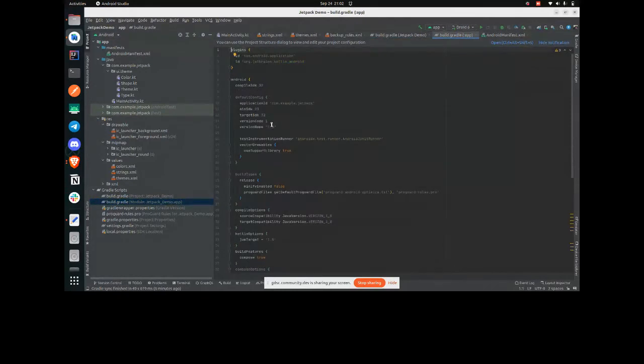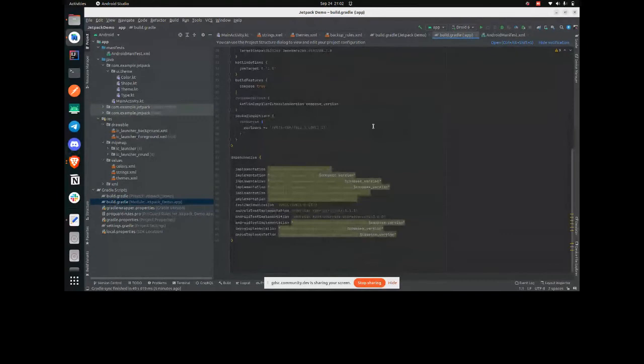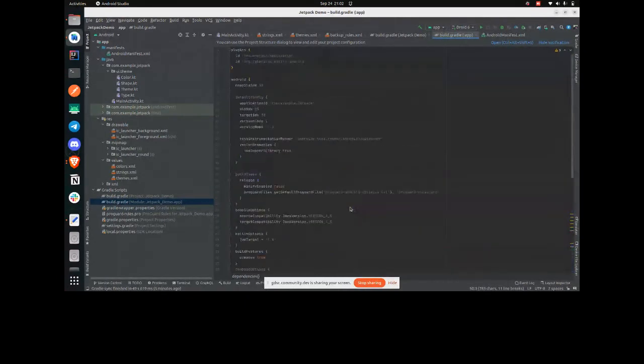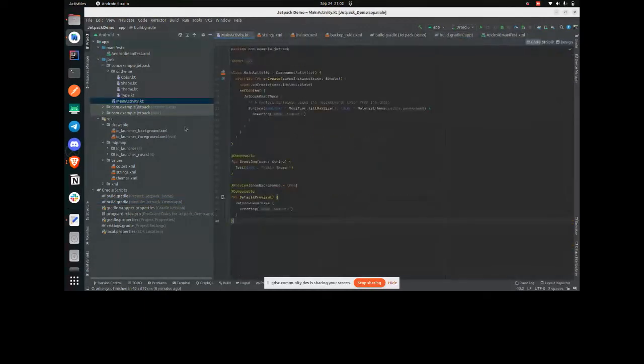For the module level, the extra libraries that we are going to use for this project are defined here, all the implementations are defined here. So you don't need to think too much about that. Now come to the main activity. Before starting that,